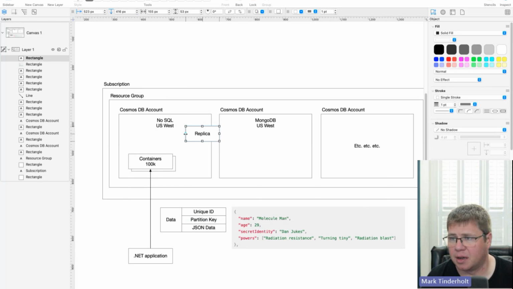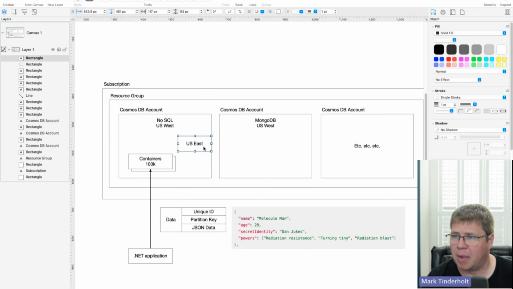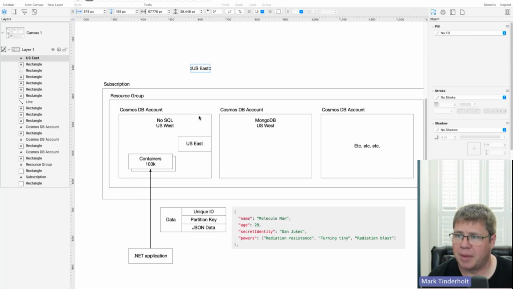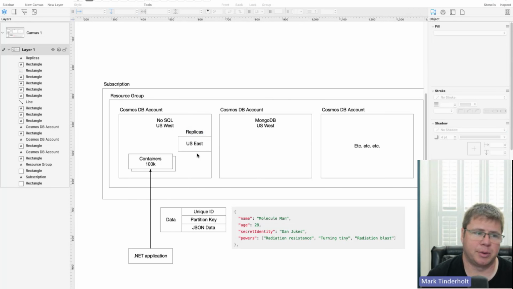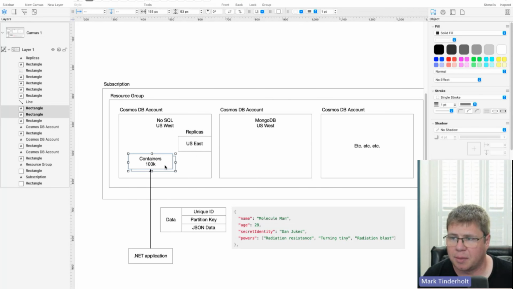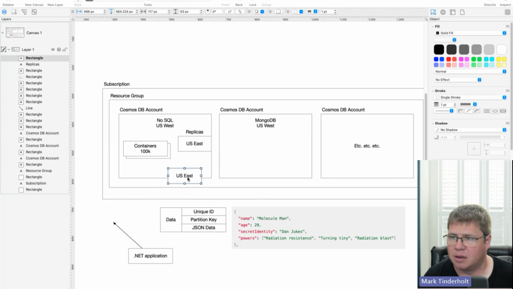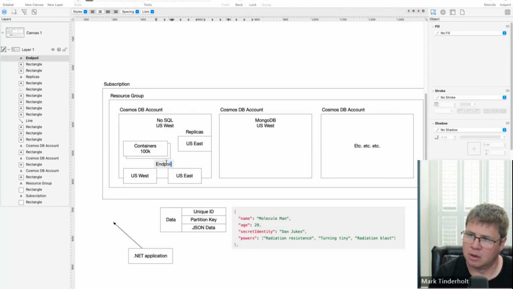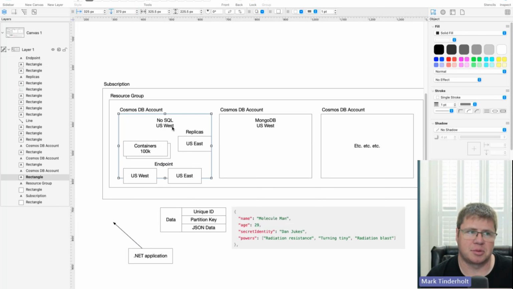And the replica is going to be for US East. And then by default, all of my containers that are in this account are going to be replicated to US East. And so what ends up happening is my application can either hit the US East endpoint or the US West endpoint. So by default, when you provision a Cosmos DB account to your primary region, you get an endpoint